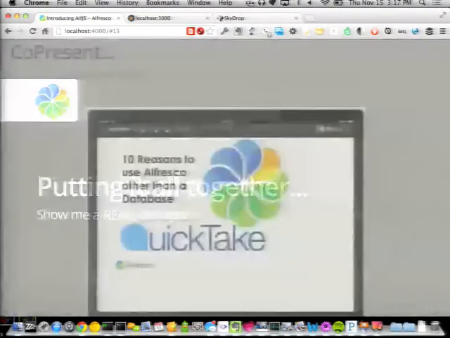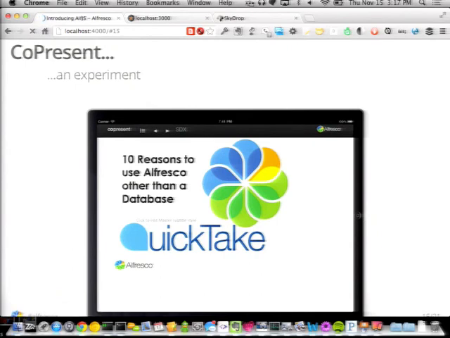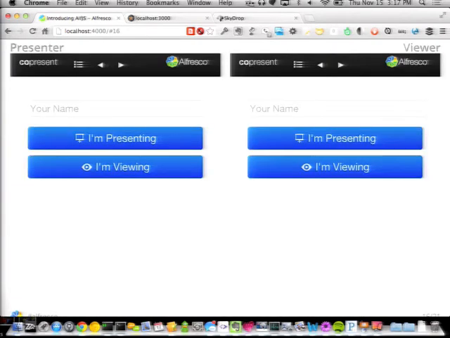But let's go ahead and put it all together and show you a real-ish type of an app. This app is called CoPresent. It is a very simple prototype that I developed. And what you're seeing here is really just a browser window with two iframes. The purpose of this app, by the way, is to make it easy for us to collaborate in a meeting and watch the same document, watch the same presentation, or whatever it is, together on our iPads, on our laptops, et cetera. So I designed this using a responsive layout, a responsive UI, and it uses AlfJS to access the document library and so forth.